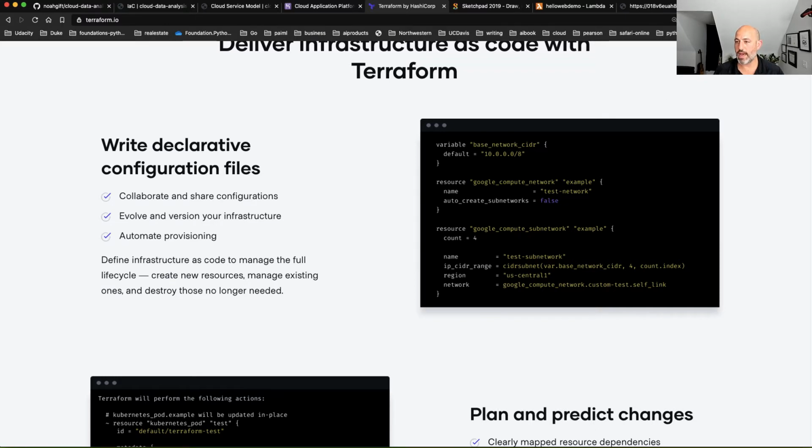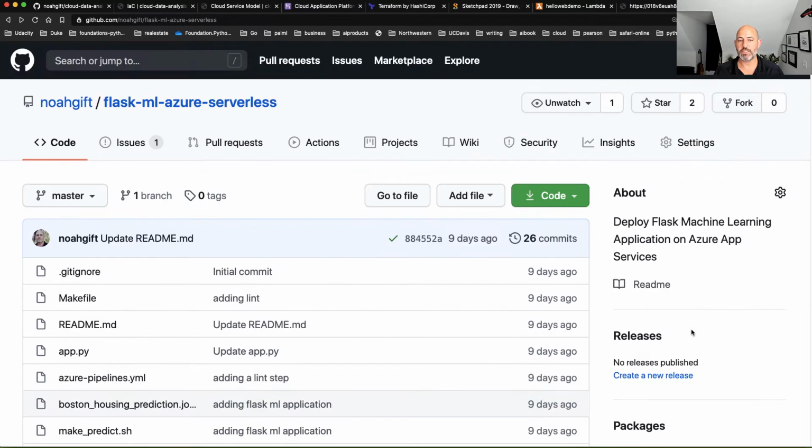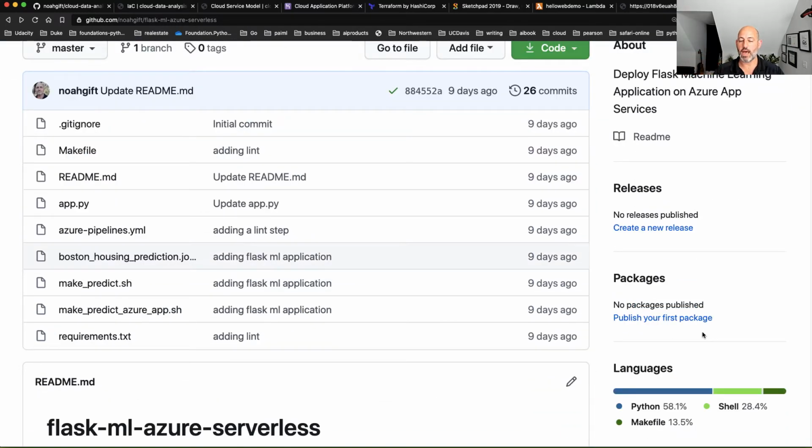So if I go back again to this Azure project, I could give this exact project to somebody and say, look, I've got the build system hooked up, I have the application file, I have the deployment file, I have the machine learning model, I have the way to predict it, and I have the packages that you need. All of these are inside of this project. So 100% of everything I need. And that's the core concept with infrastructure as code, is that you've got everything you need in one package.